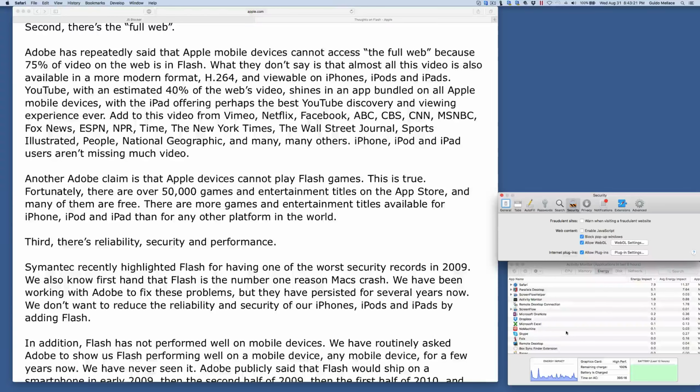And your system will slowly level off and even out a little bit, and you won't have as many hills when it comes to your energy impact. You can see other programs now are taking up a little bit more usage, but you can see that Safari has now calmed down, right? And that'll be pretty level over time. So one way to do that is just once in a while, turn it off and then re-enable it, and you'll see that Safari will actually level off and go back to normal functioning,